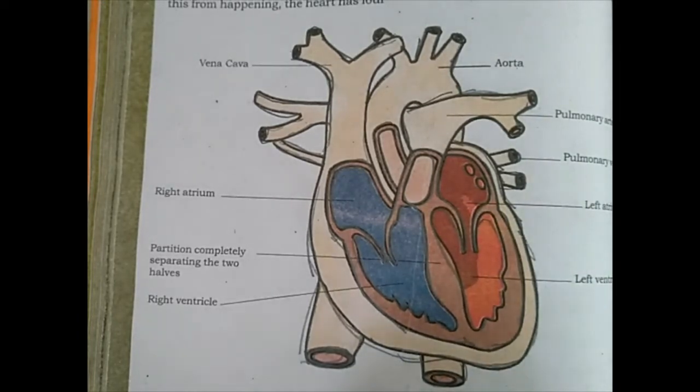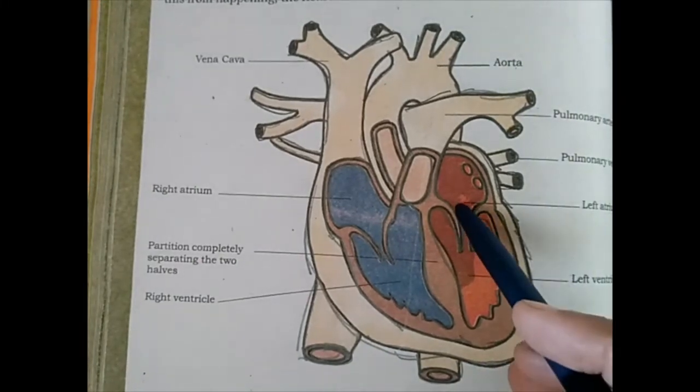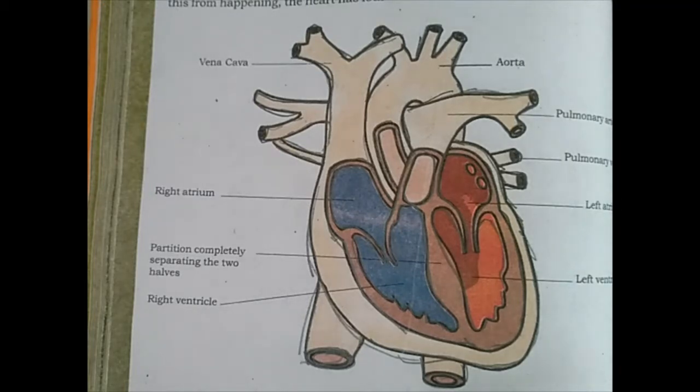So for deoxygenated blood flowing through the veins, the circulatory system works in one part, and in another part of the circulatory system the blood flows through the artery, that is oxygenated blood. Means blood circulation of deoxygenated blood through the veins and blood circulation of oxygenated blood through the artery form the whole circulatory system. That's why we can say the circulatory system is a double circulatory system. So how it works, that we will see here.